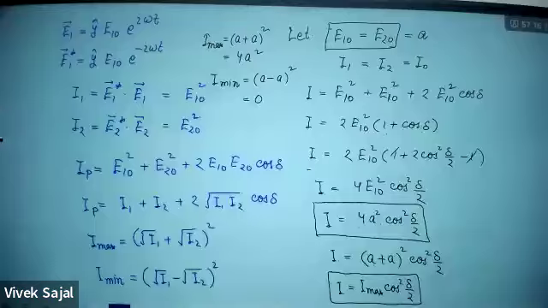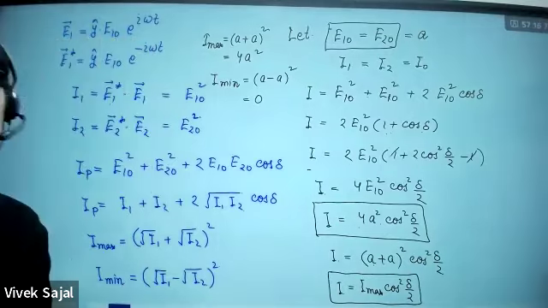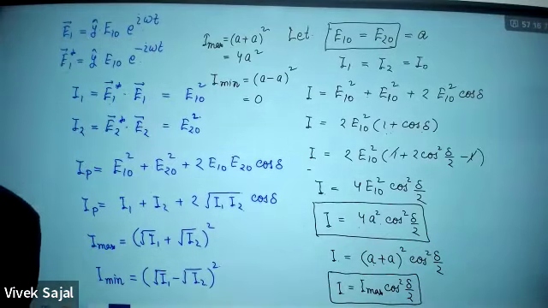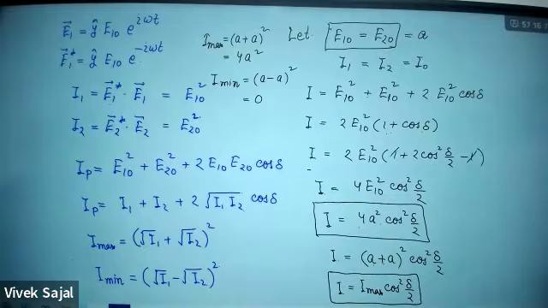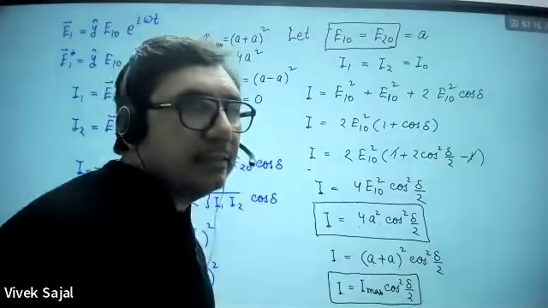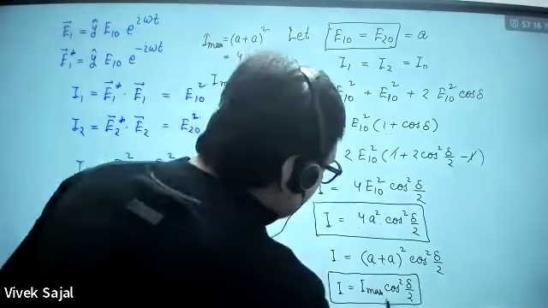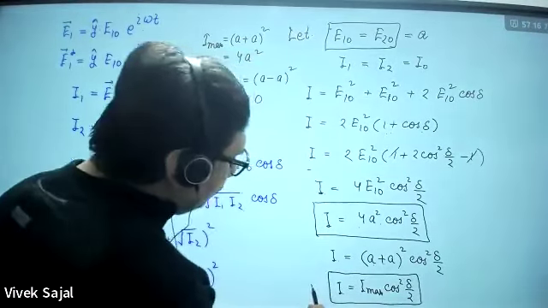So this is the formula when the amplitude of the light emerging from S1 and S2, both the slits, is the same. When they are of the same amplitude, then you are going to use this formula. Now, next, if you plot intensity as a function of delta, suppose you plot this,